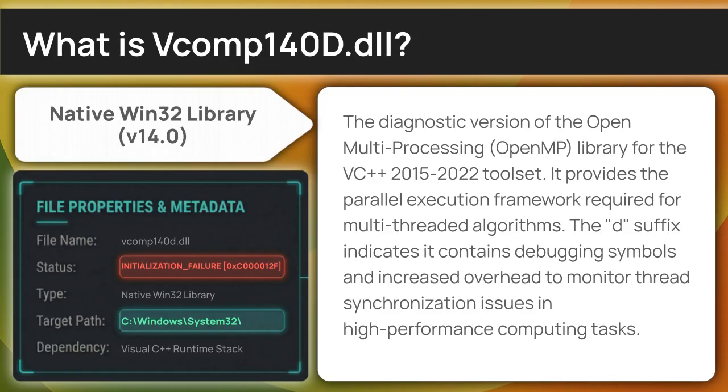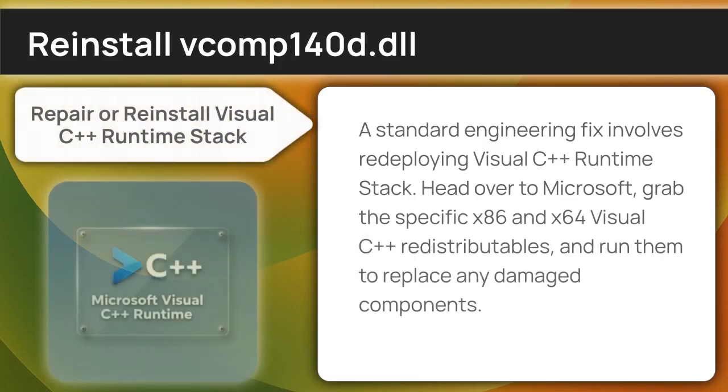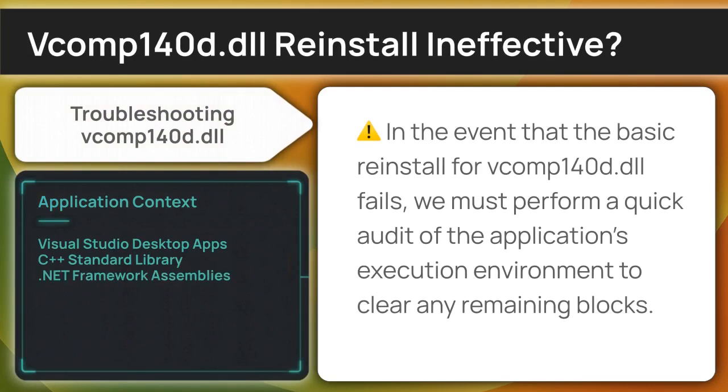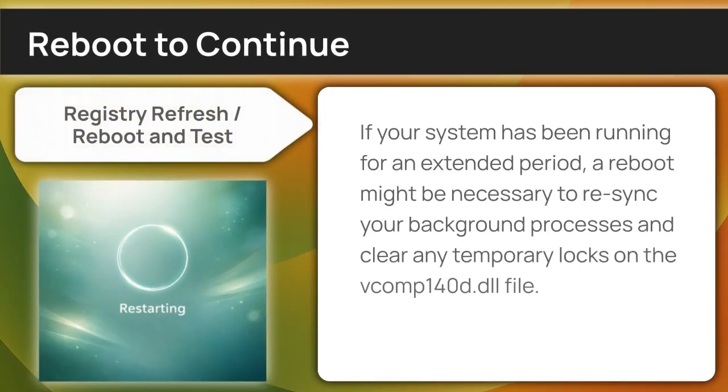With that background out of the way, here is how we actually restore the missing component. A standard engineering fix involves redeploying the Visual C++ Runtime Stack. Head over to Microsoft, grab the specific x86 and x64 Visual C++ redistributables, and run them to replace any damaged components. Should the reinstallation fall short, the next step is to validate the integrity of your system's startup environment. A standard restart allows the Windows bootloader to rescan your system directories and potentially recognize an unregistered Visual